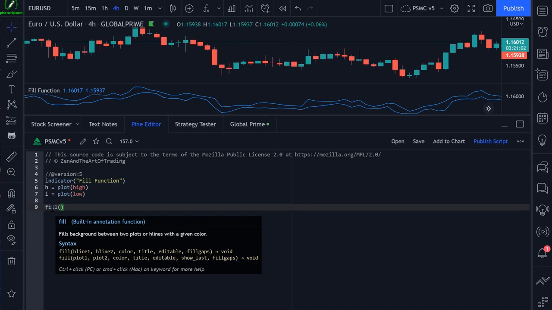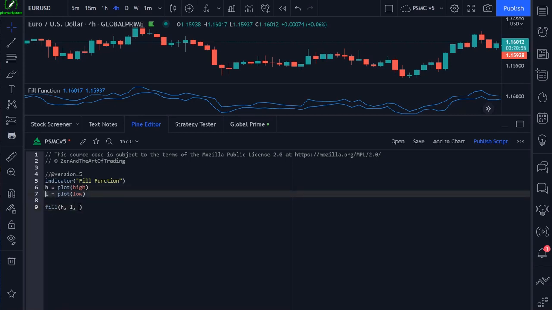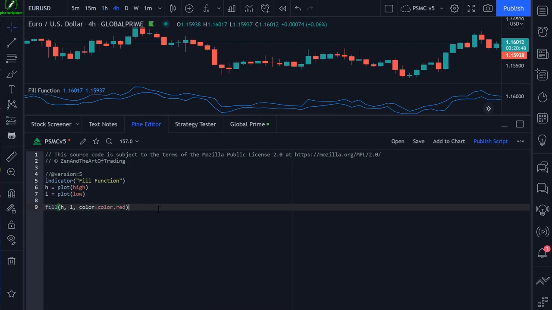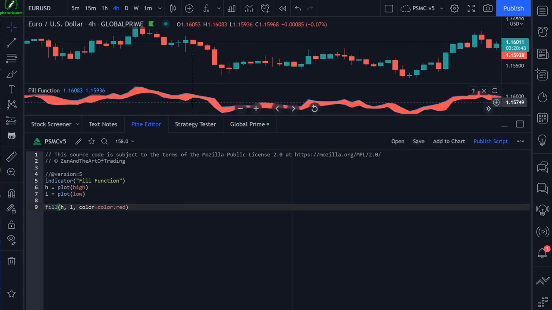So to fill between two plots, we just need to pass in our two plot variables, so H and L. And then we need to specify a color. So I'm going to set this to color.red. And that's it. If I save the script, we will now be filling these two plots with the color red,